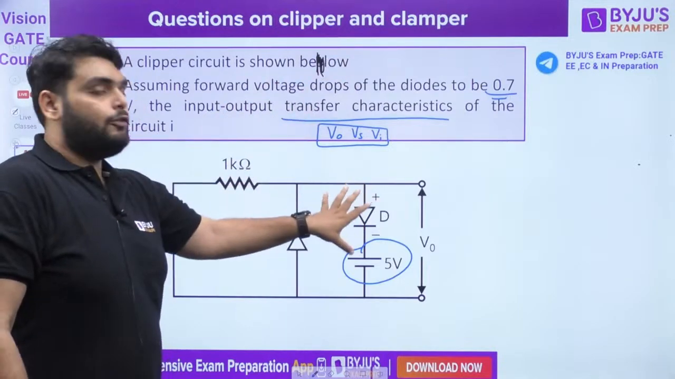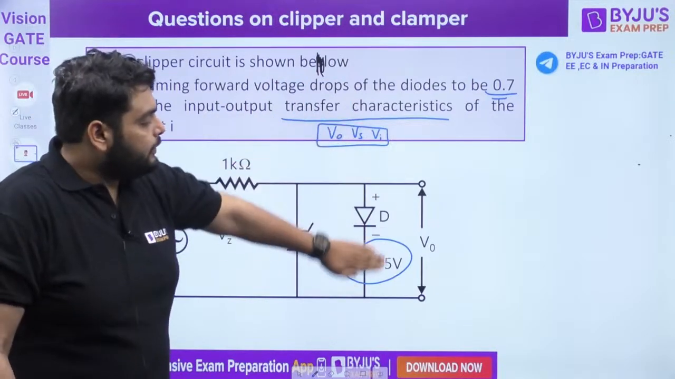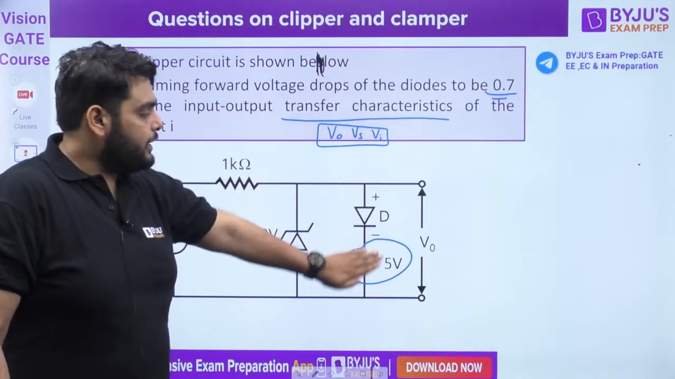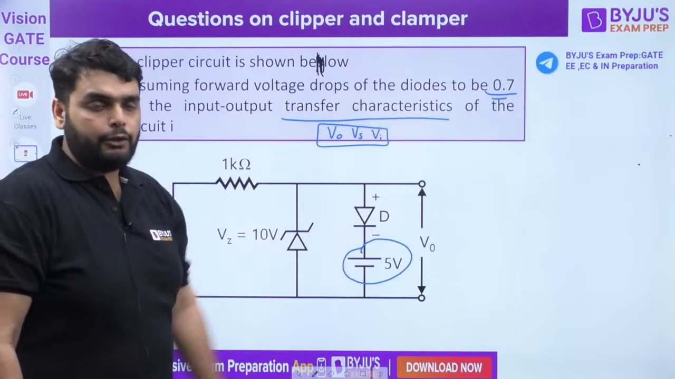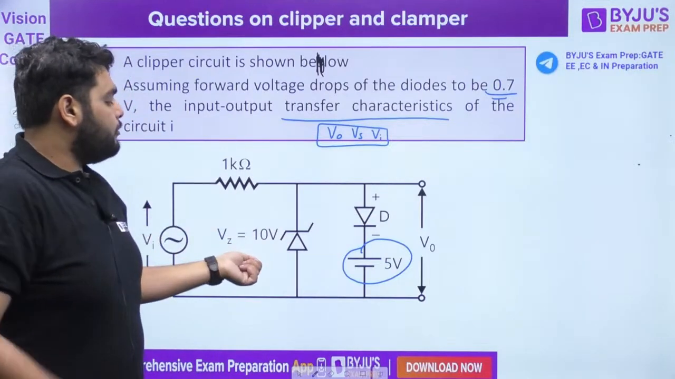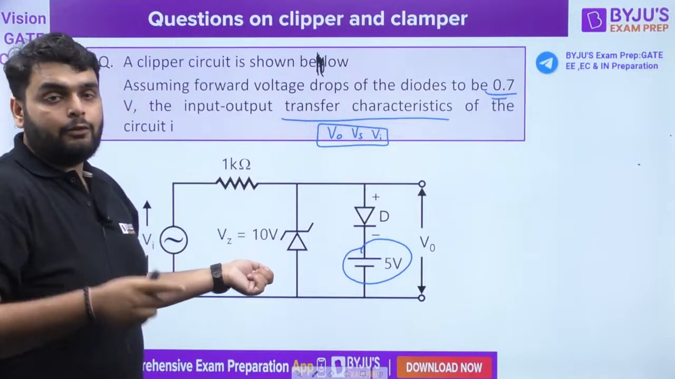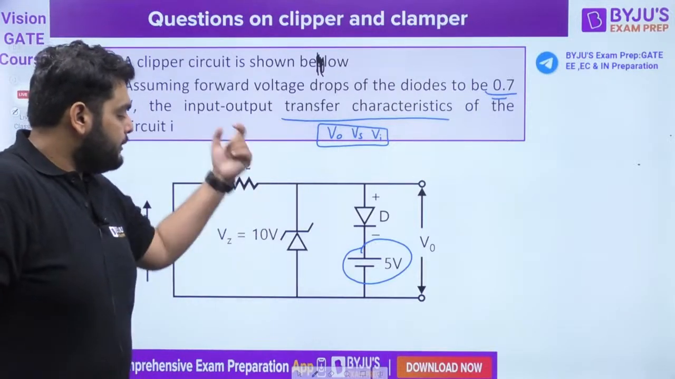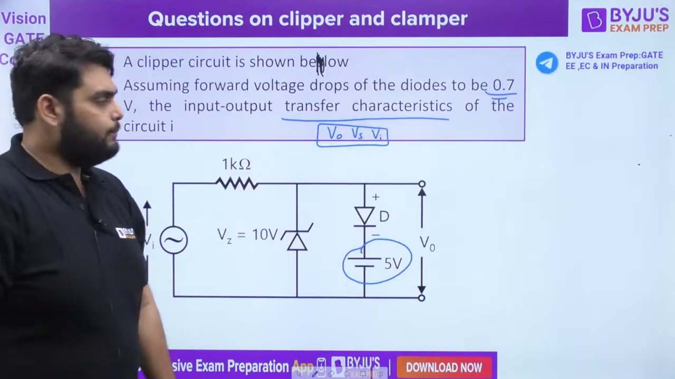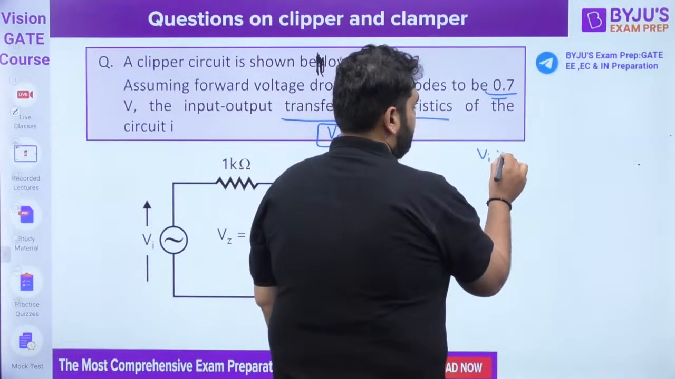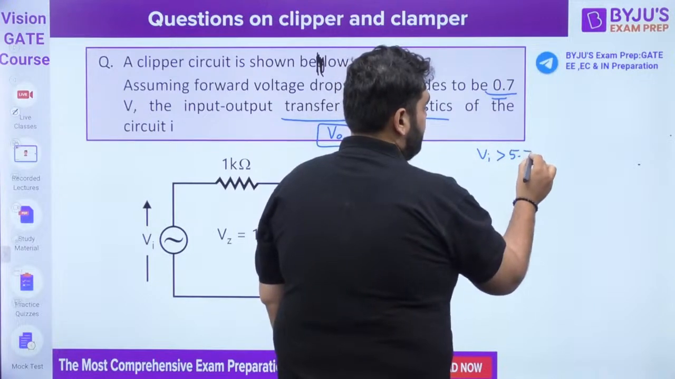And when this diode is on, the voltage across this particular branch will be fixed. This one point we know. And for this Zener diode to go into a breakdown region, the voltage across it must be more than 10 volt. Okay. So what we can say here, I can say when input is more than 5.7,